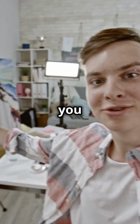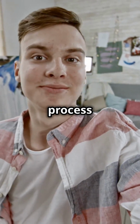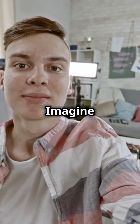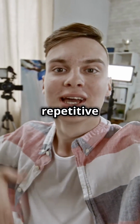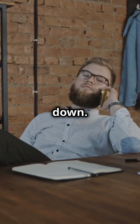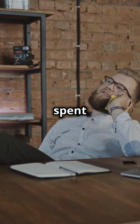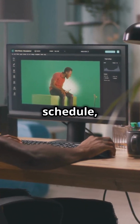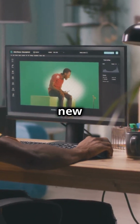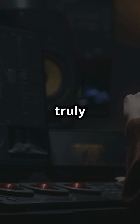But what if I told you that automating your content creation process could be a game changer? Imagine a world where you can focus more on your creative ideas and less on the repetitive tasks that bog you down. Imagine having more time for creativity and less time spent on tedious tasks. Automation can free up your schedule, allowing you to brainstorm new ideas, experiment with different formats, and truly enjoy the